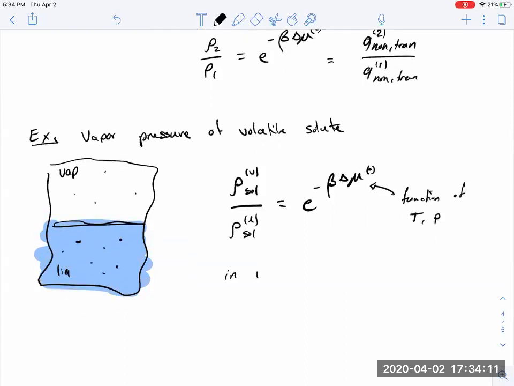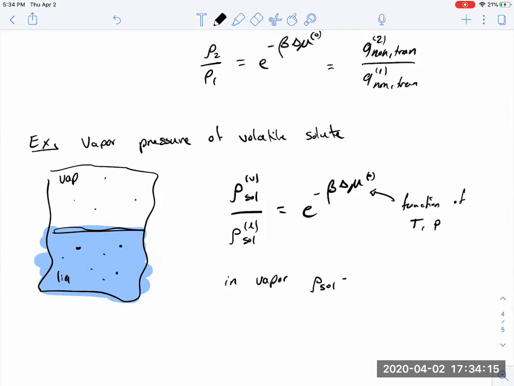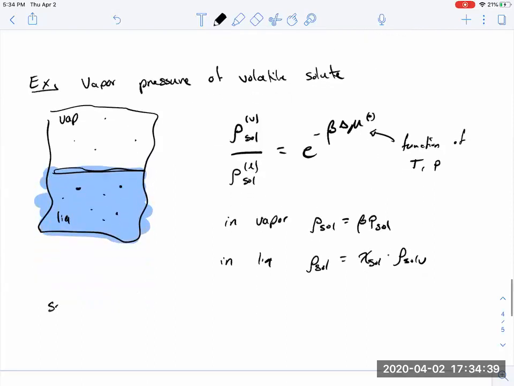In the vapor, the density of solutes is equal to beta times the pressure of those solutes. In the liquid, the density of solutes is equal to the mole fraction of solutes times the density of solvents. So putting those together, we have the density,